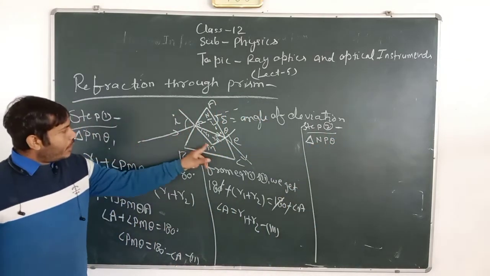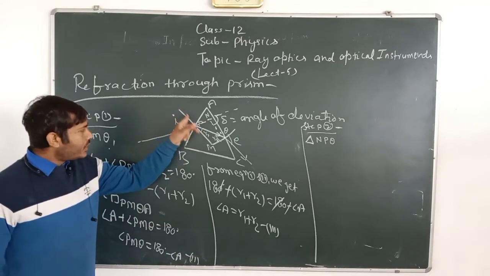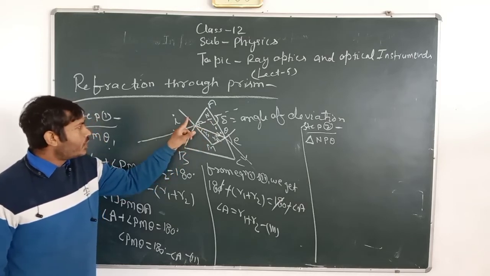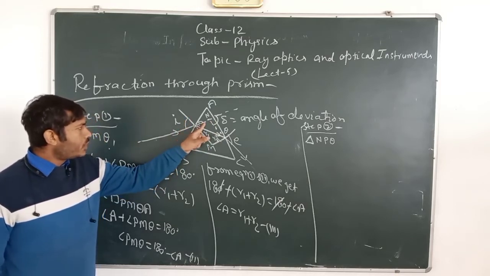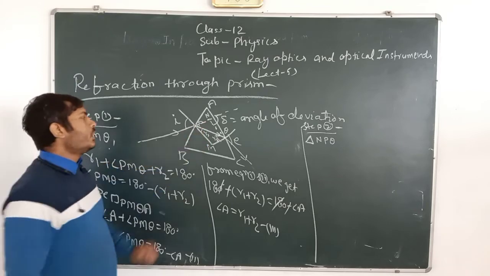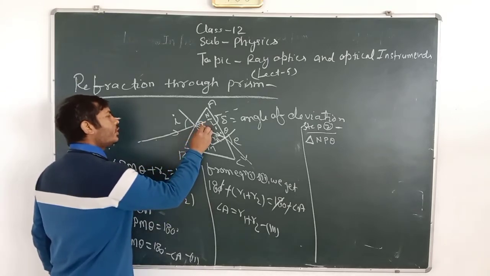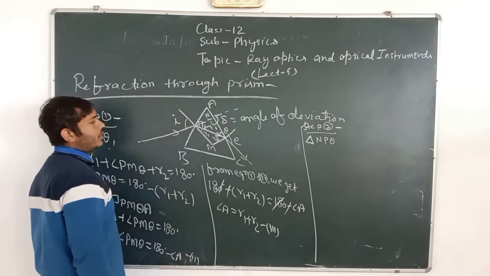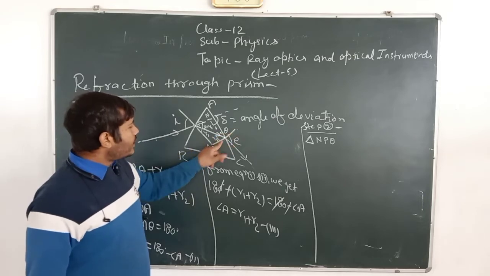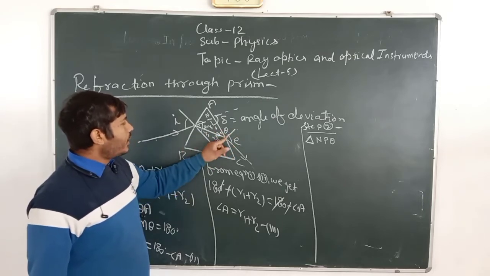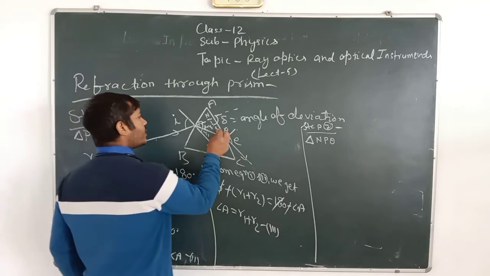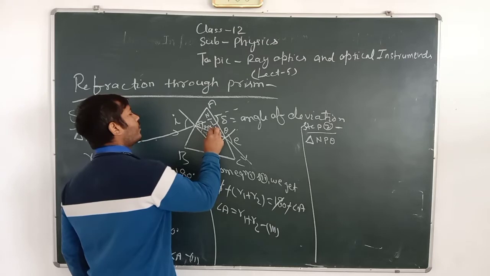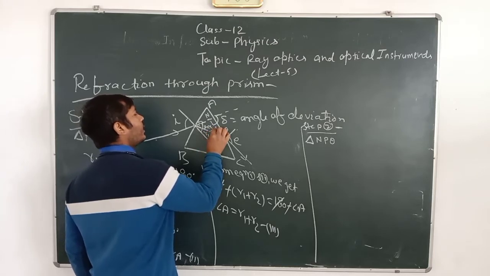This ray and this ray, or this line and this line, are intersecting at point P. So if this angle is I, so this angle will also be I. Since it is angle R1, so this angle will be equal to I minus R1. Is it clear? And at point Q, this line and this line are intersecting, and it is angle E. So this angle will be E. So this angle will be equal to E minus